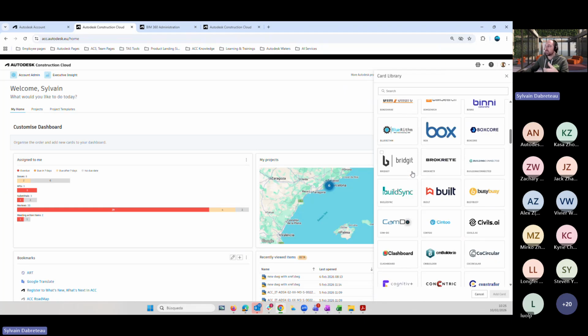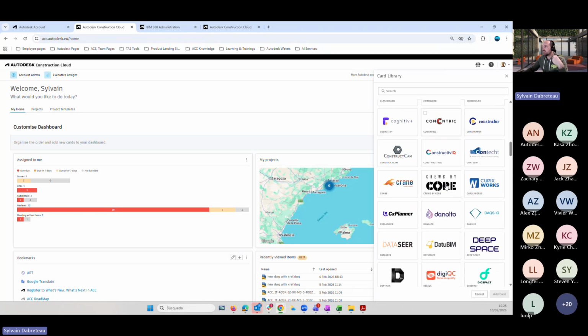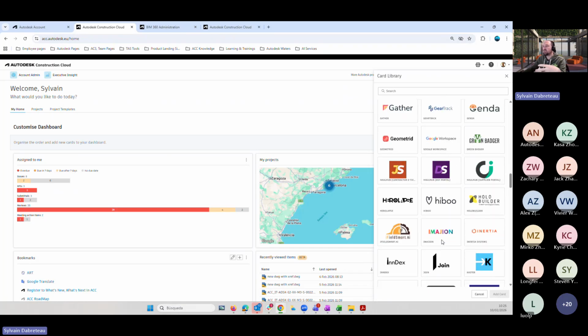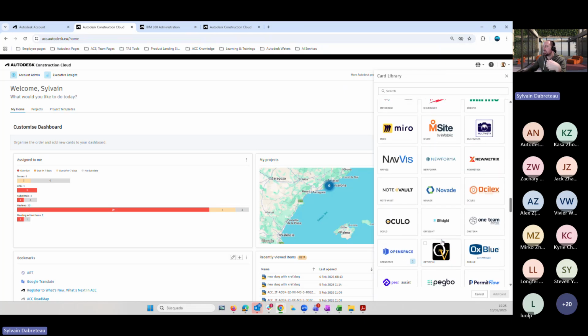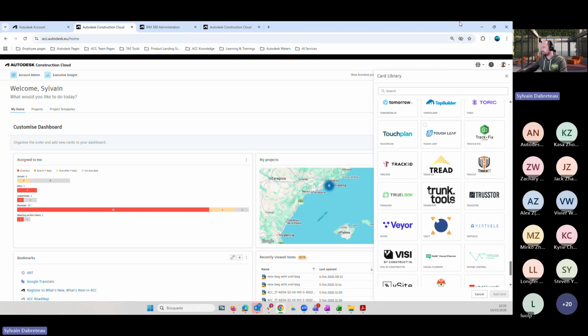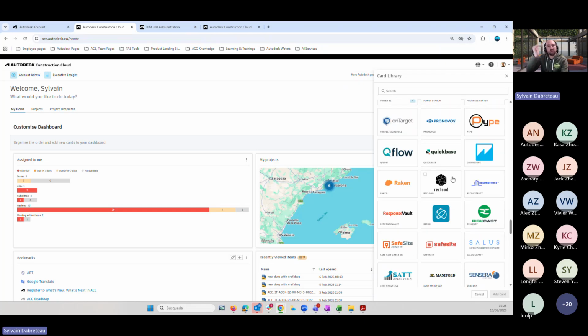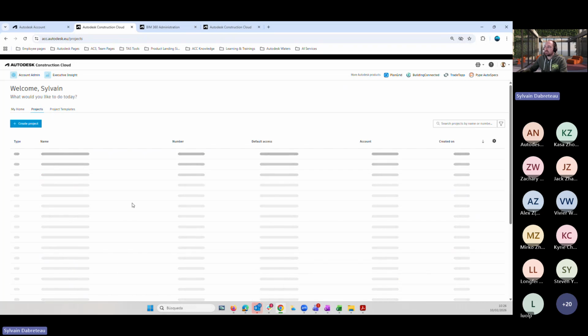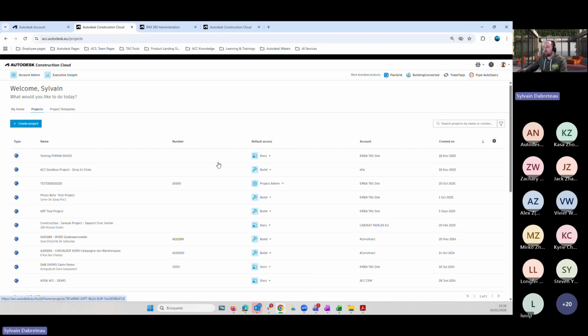So if you are working with one of those solutions, and those solutions are also used in your project management, maybe you can embed those cards to your welcome page so that you have access directly from here. What could be good sometimes is to address this inventory to see what you have and what you can actually leverage here on this welcome page so that you can see everything you need. You see your projects, and you can move to your project.